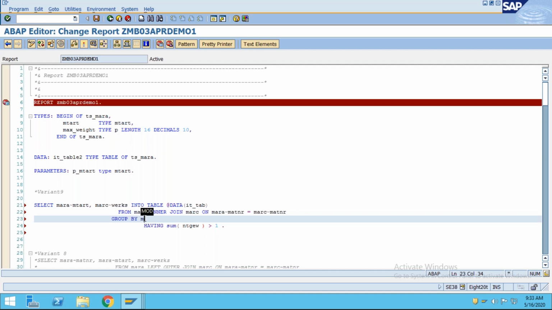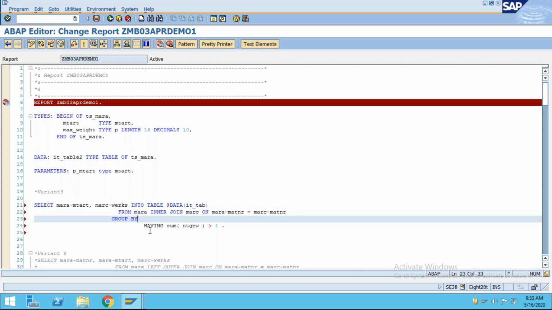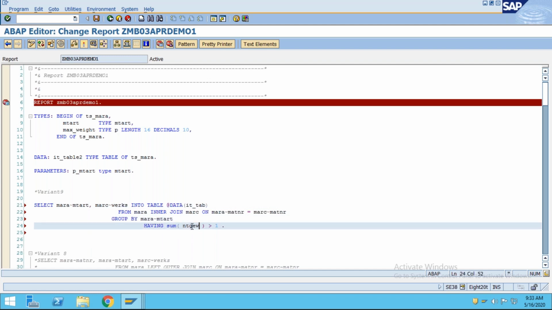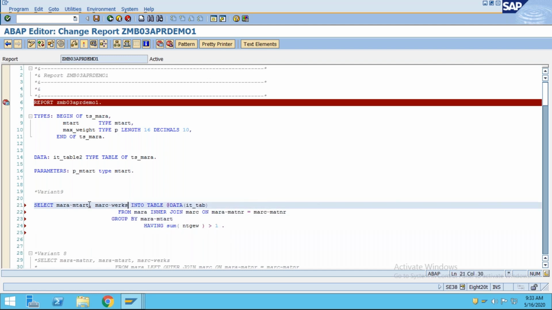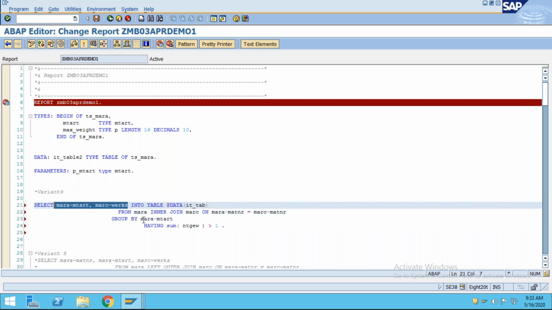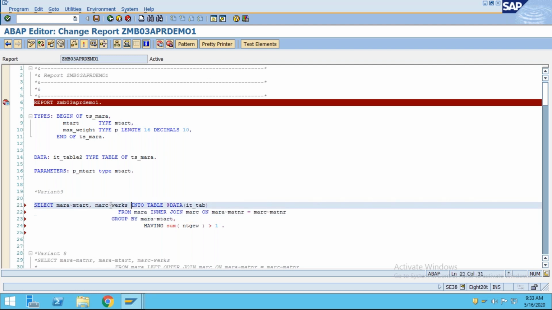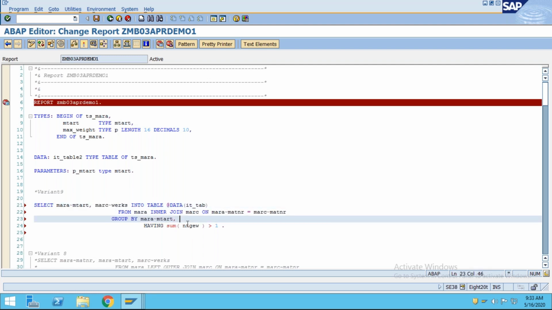So group by this particular field you can keep it, the non-aggregate columns. Apart from this ntgew, whatever you are having, mtart and werks, are the non-aggregate columns we put under the GROUP BY. So like that you will have to do.